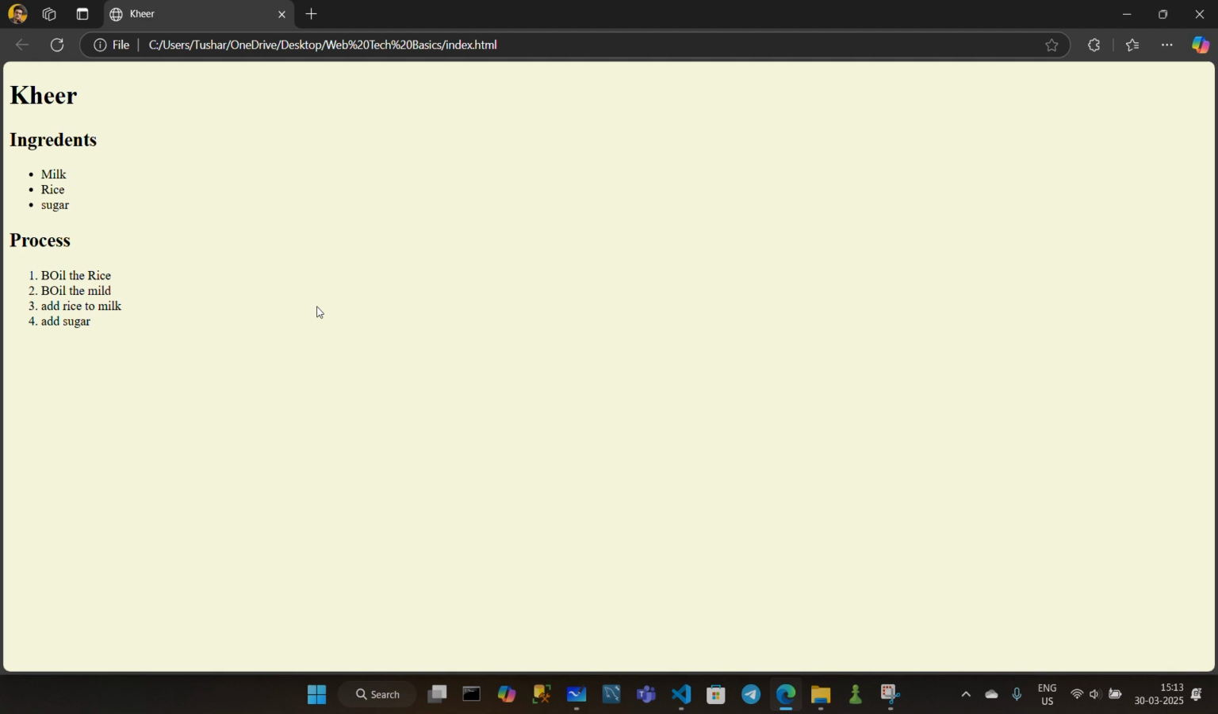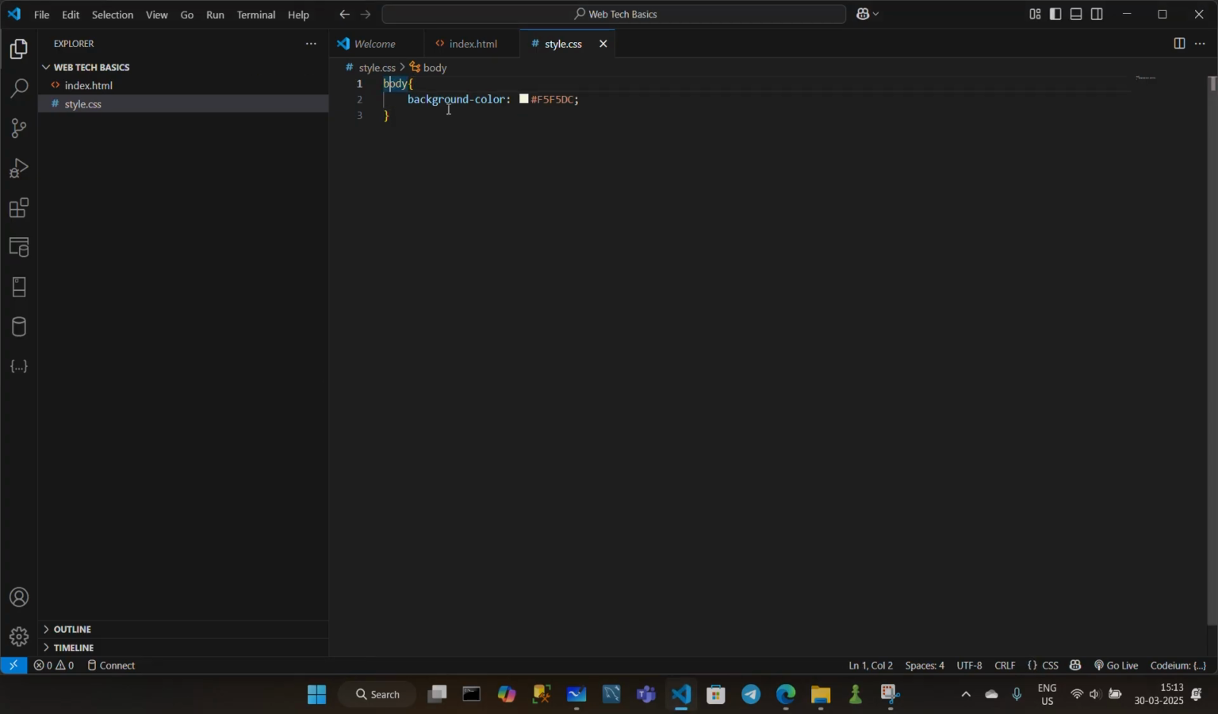So here's what's happening. Body is the selector. It targets the body tag in our HTML inside the curly braces. I'll show you. So body is the selector. We select the body tag through the selector named body, and then inside it we have our